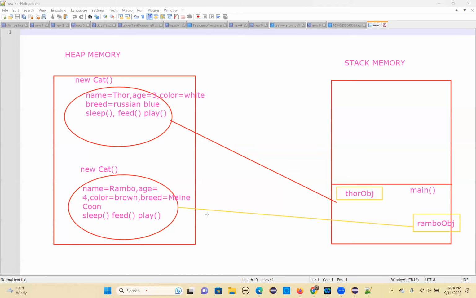This address, this memory, has some integer number, suppose 2, 3, 4, 5, 6, 7, 8, okay? And this has some address like 789.453 something. This address is different, this address is different. These are not the same. When you do Thor object equal to